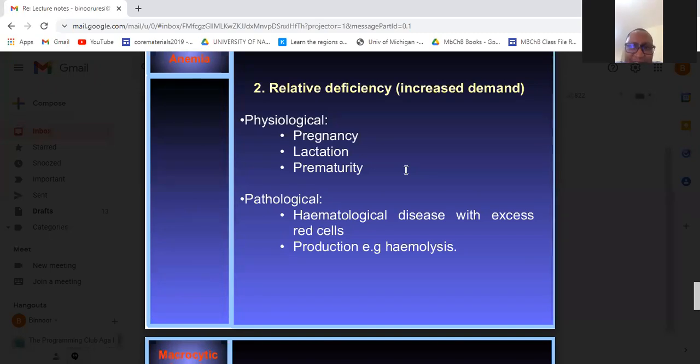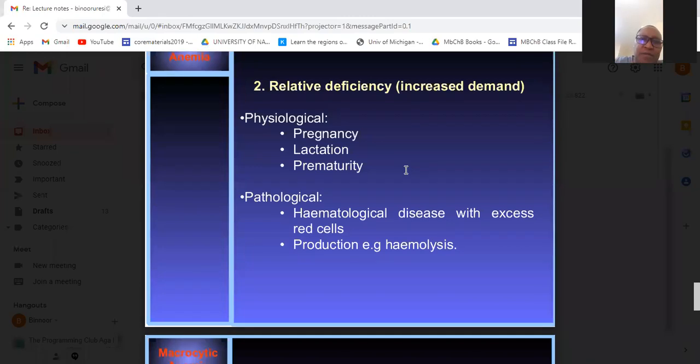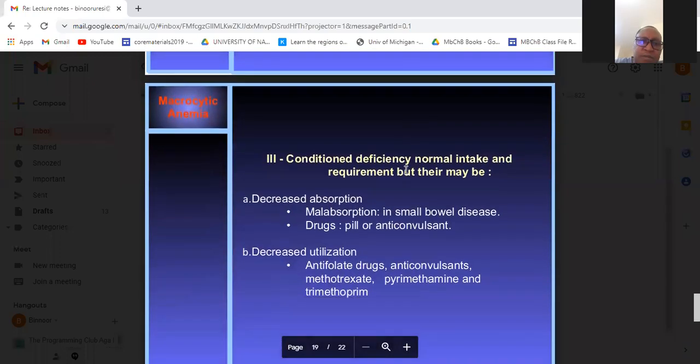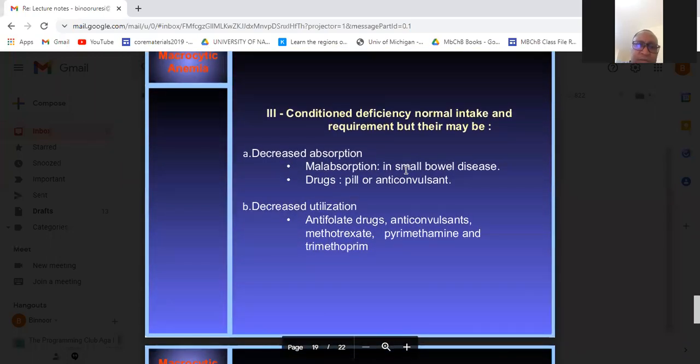You are destroying the red cells, so when you're destroying them, you also destroy the folate in them. I said hematologic conditions like that. So the next one is,